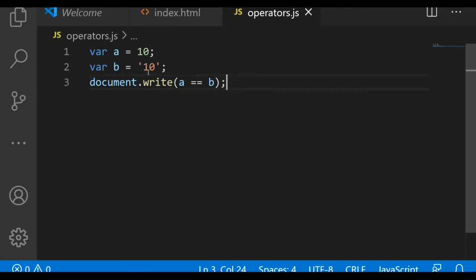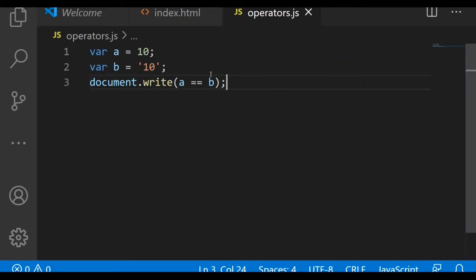Please keep in mind this can lead to some unwanted or unexpected results, as I am going to show you here. So let's say I am checking whether 0 == false.